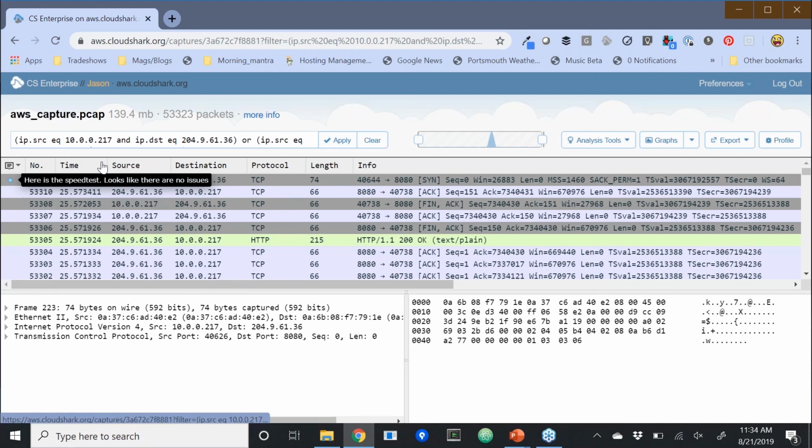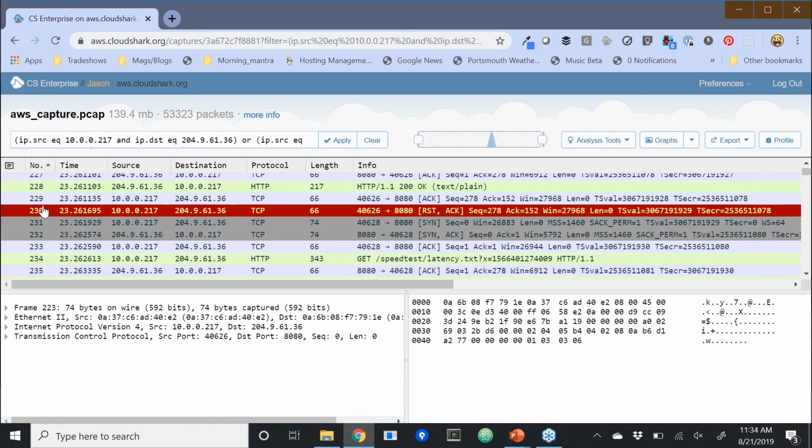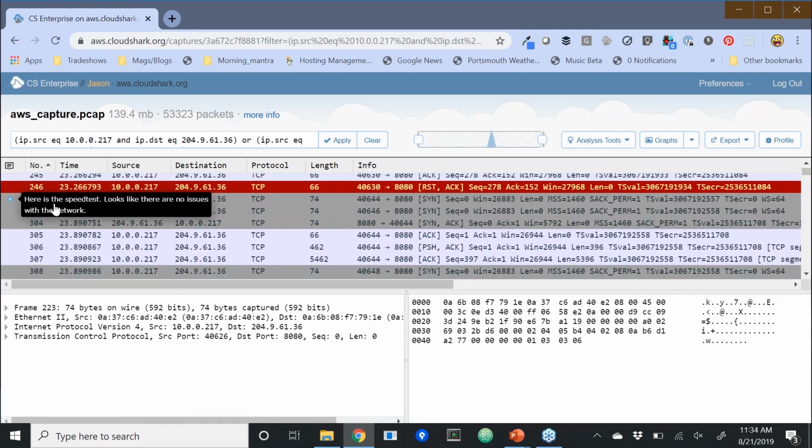And I can also sort on the columns here. So I just sorted on which ones have comments. And I can see the annotation that Tom added here. I can go back and put these in order. And here it is here. And so, yeah, the URL contains all the information I need. So if I were to send this to anyone else who's looking at it, they're going to see exactly what